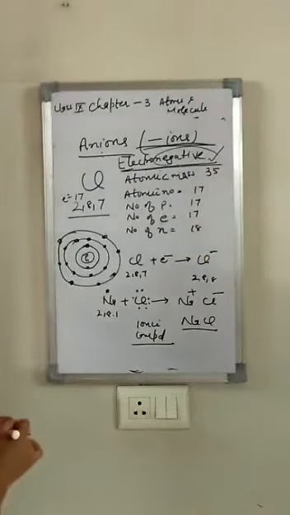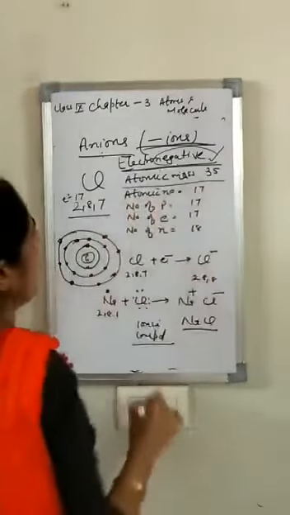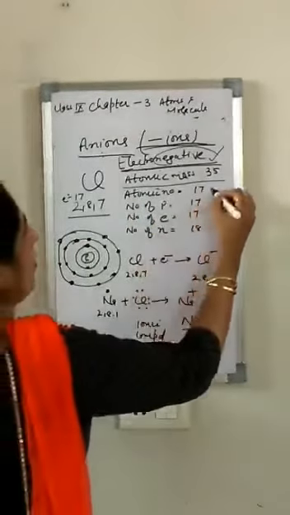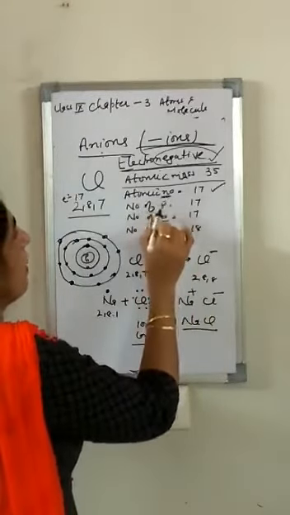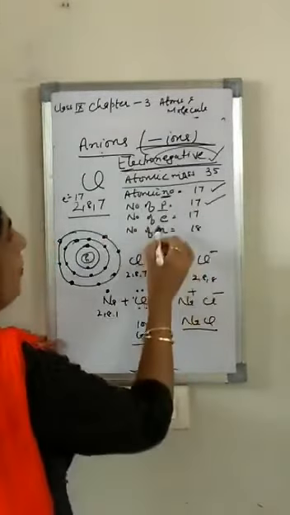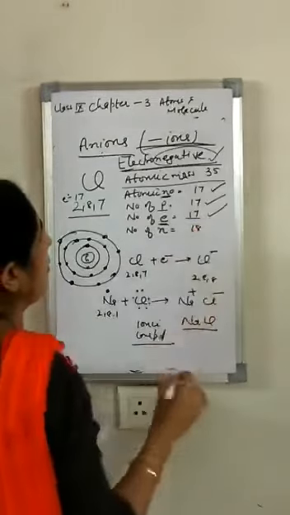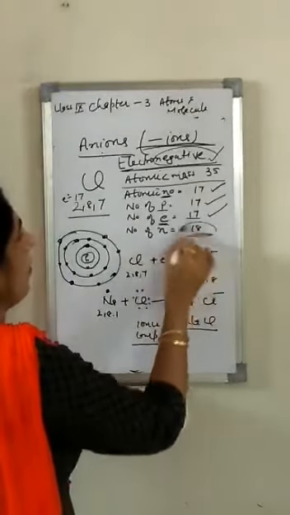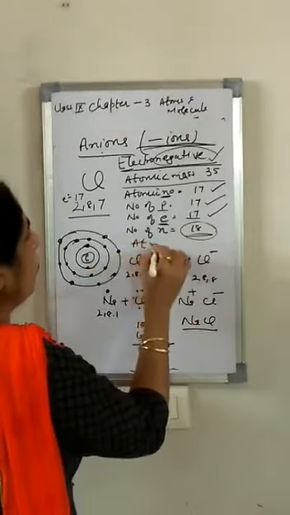Now we take a very common example of chlorine. The atomic mass of chlorine is 35. The atomic number is 17. Obviously, as we have discussed, the atomic number is equal to the number of protons. So the protons are 17, and the number of protons is equal to the number of electrons. So the electrons are also 17, and the number of neutrons is 18, because the atomic mass is equal to